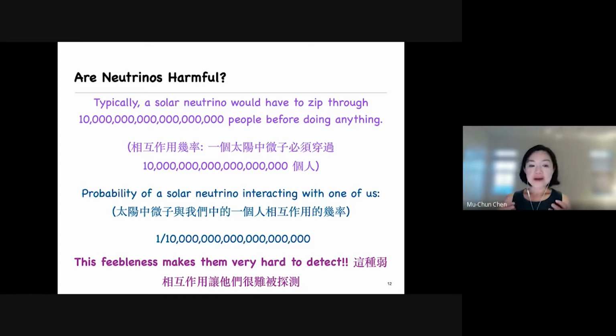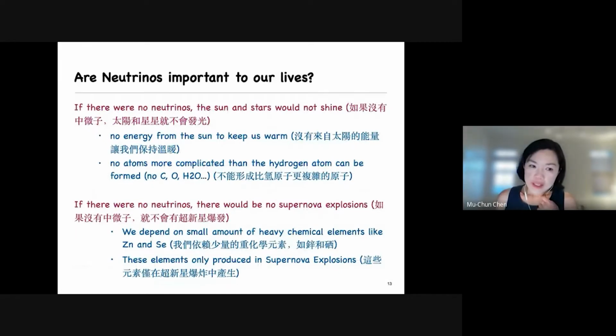So you can use this number and turn it around and ask what is the probability of a solar neutrino interacting with one of us. And this probability 几率 is very, very low. So this is 1 in 10 to the 19, right? So given this feebleness, it also makes neutrinos very hard to detect. 所以实验上非常的困难，因为中微子它没有什么交互作用，它的交互作用非常非常的弱。